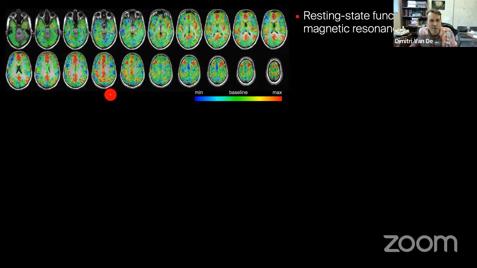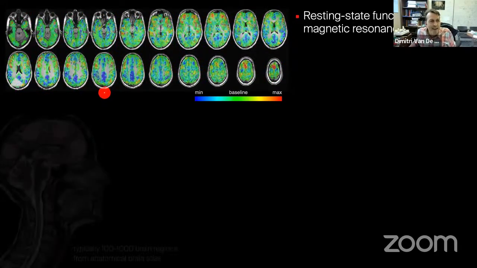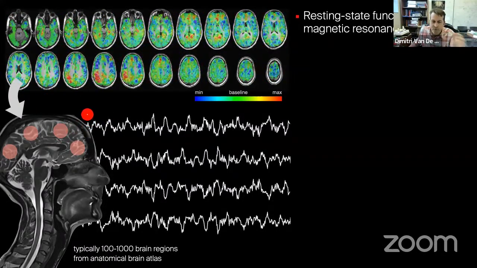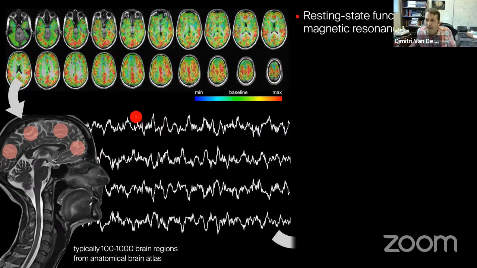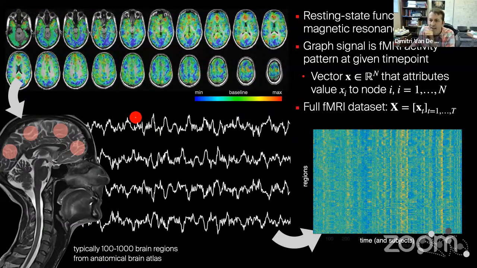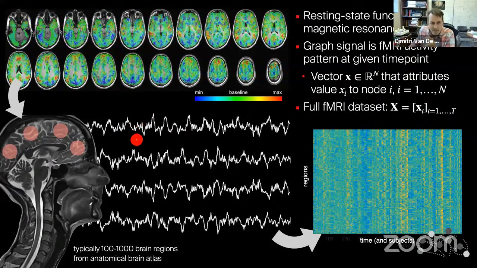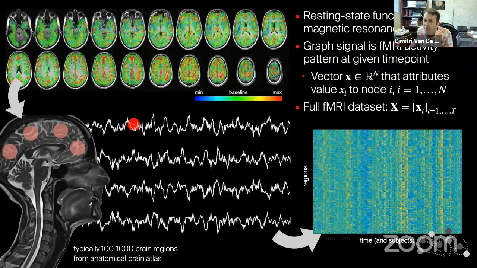Now, one way we can process this type of fMRI data is again to bring in the knowledge of our anatomical atlas and then extract for each of the brain regions the regional average time course. Those time courses can be obtained, and what we will consider next will be the graph signal, which will be nothing else than, for each time point, the spatial pattern of the fMRI